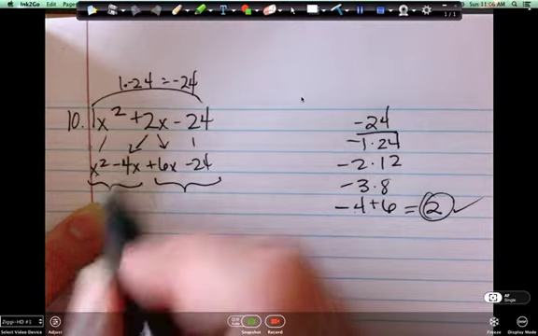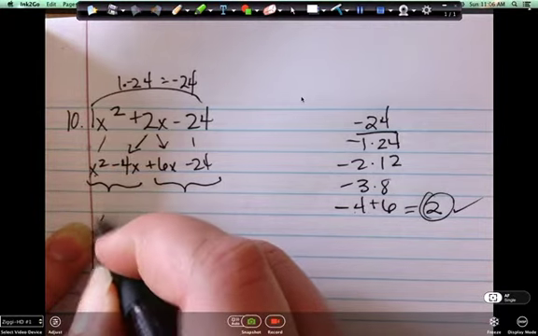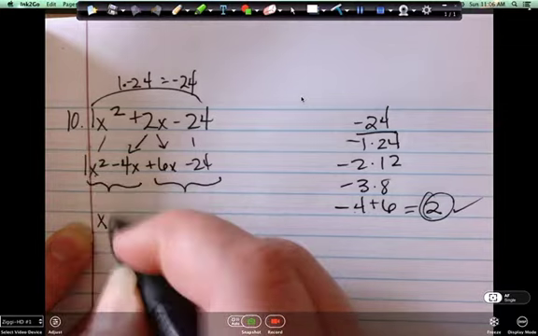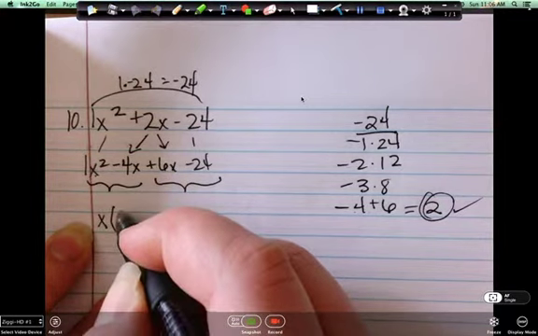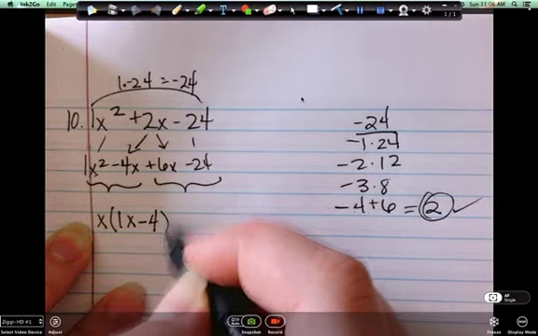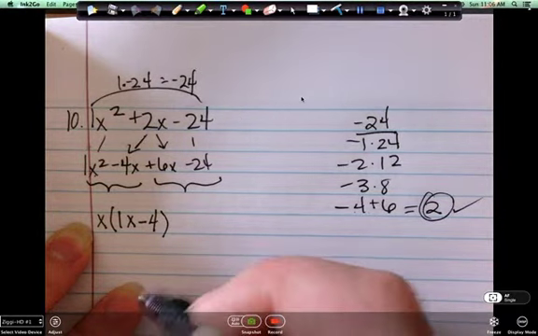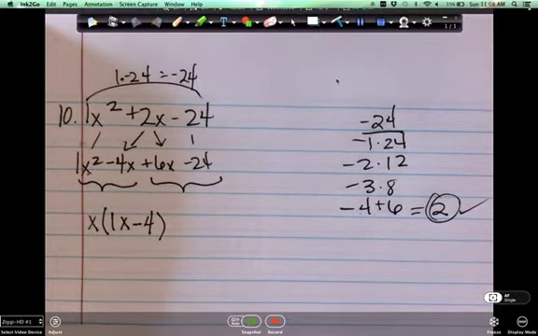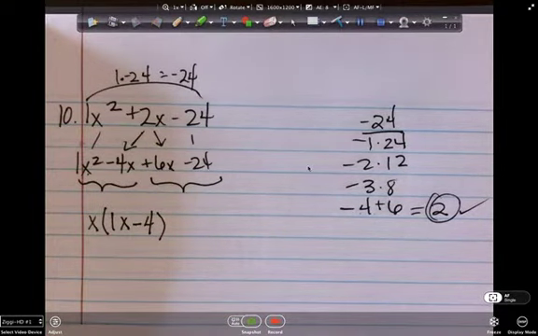So I'm going to factor out an x, and that's going to leave me with 1x minus 4. I had 1x, I took away 1x, therefore I'm done. Okay, and now for my second set of parentheses, I have